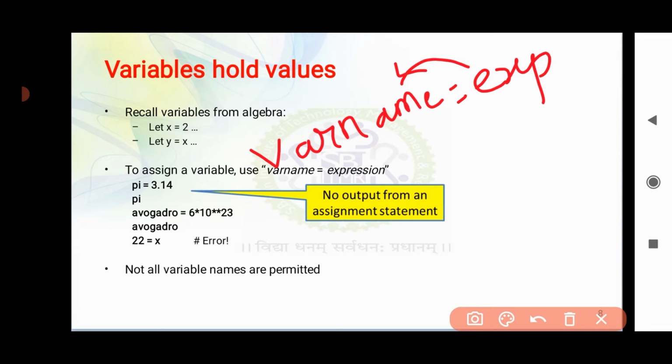For example, if you write x is equal to 2, this is considered a variable declaration. That means the variable x will be holding the value 2. But here we should know one thing: these assignment statements will not give us any output, as it is just a way to assign a specific value to the variable and nothing more than that.